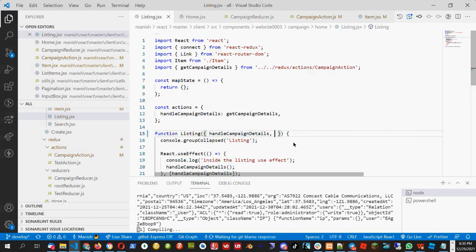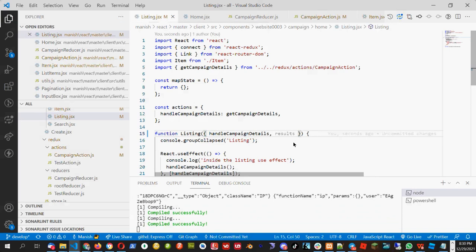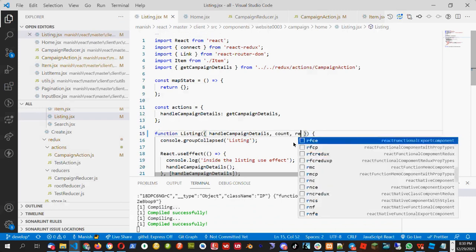Okay, let me write on. What should I write on? Whether results will work? Kate, you have to tell me more. How to get the results. Okay, count and results. So I should write like this, count and results.